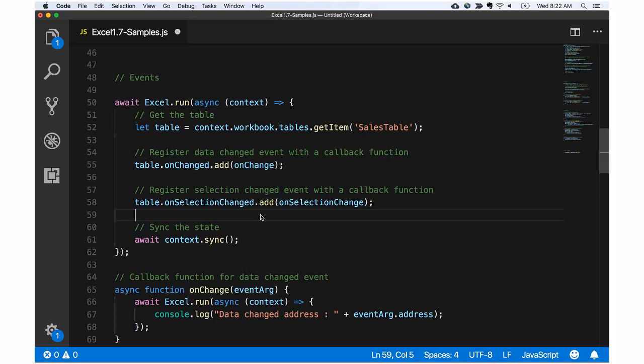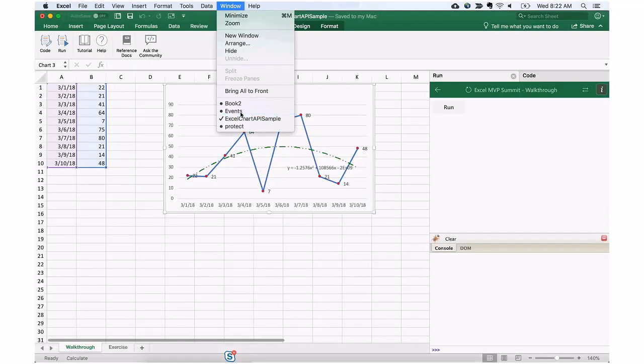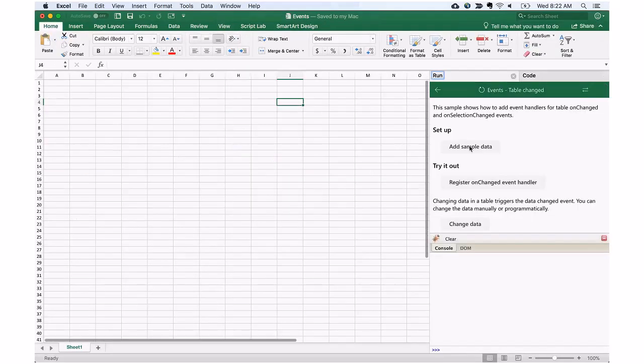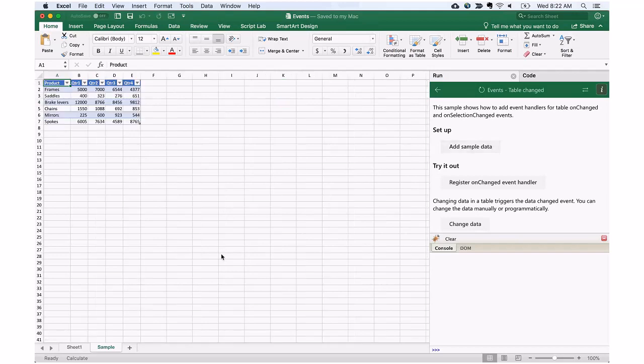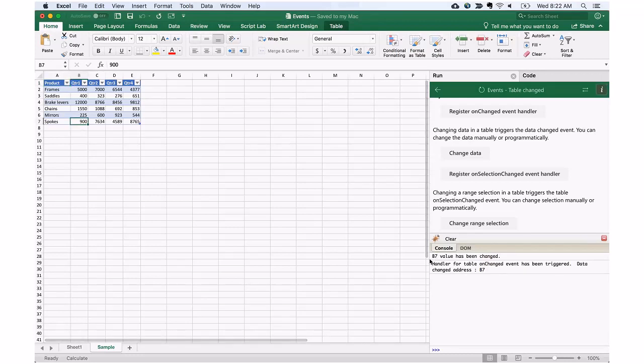Now I'll just showcase how it looks from an experience standpoint. So here I'm going to run this. I think this will create a sample table. Now I'm going to register for on changed, and it says, okay, I've registered for it. Now I'm going to make a change. In this case, I think it's going to update one of the cells. And as you can see, the B7 got updated, and it says, okay, here's the data that was actually changed